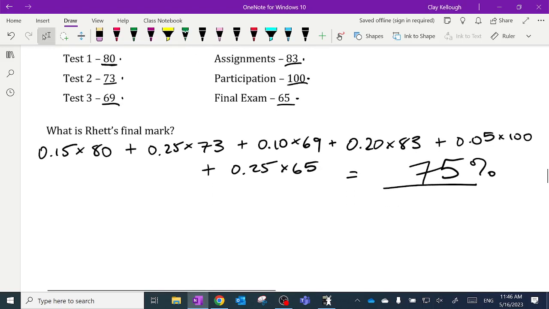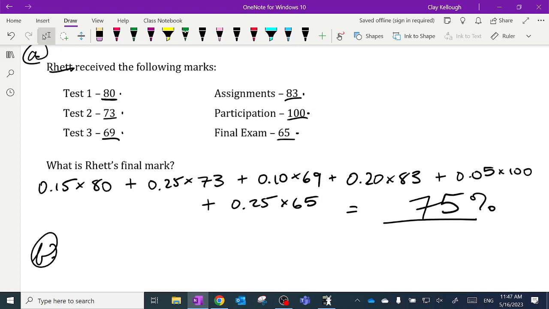You know what the B question is going to be? I won't write it out in words. I won't make you do all the writing. But let's say Rhett comes to me and goes, I need a higher mark than 75. What can we do? Suppose I make this offer. I say, Rhett, it's your lucky day. I'm going to make you this offer. You can either keep this mark. This is like, let's make a deal.